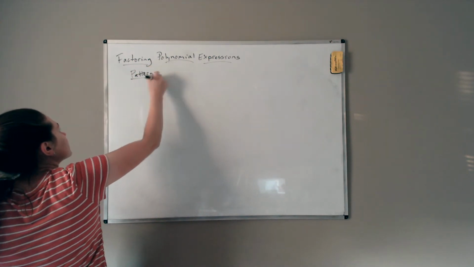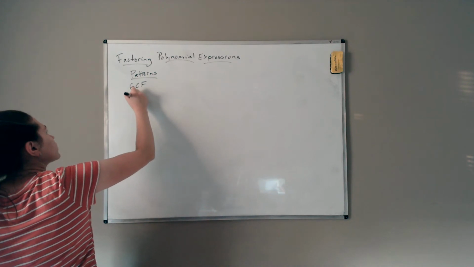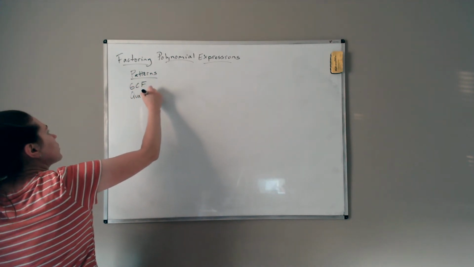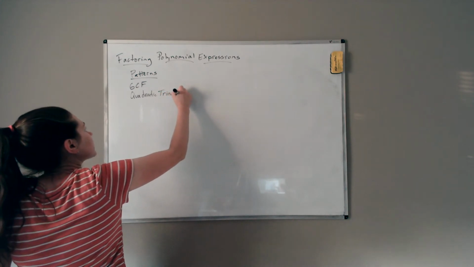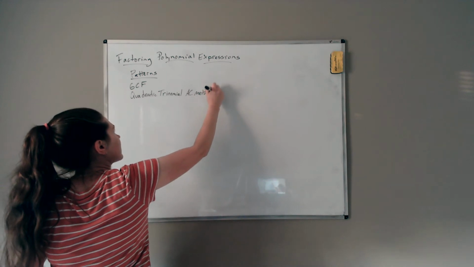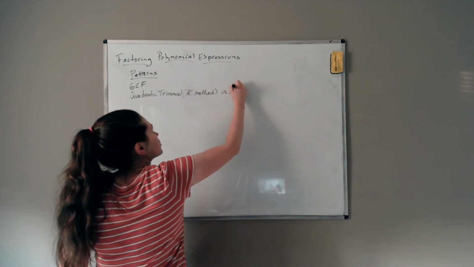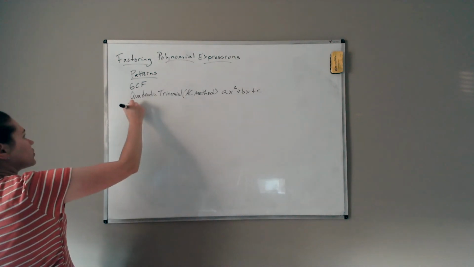Okay, so what we've got is greatest common factor. We've got our quadratic trinomial, which was, if it looked like a quadratic trinomial, we were using the AC method, right? That was our method. That was if we had ax squared plus bx plus c, and then we had the difference of two squares,